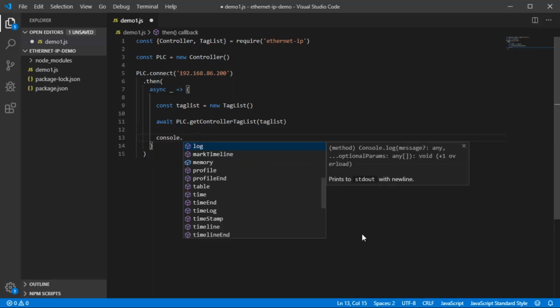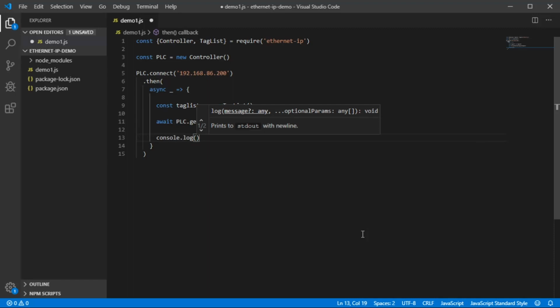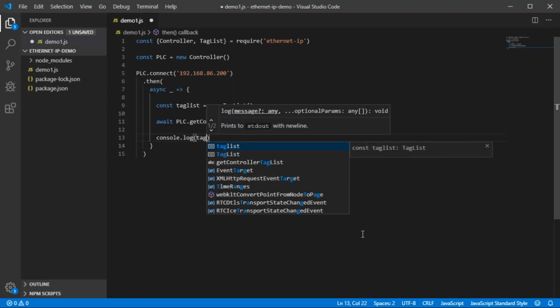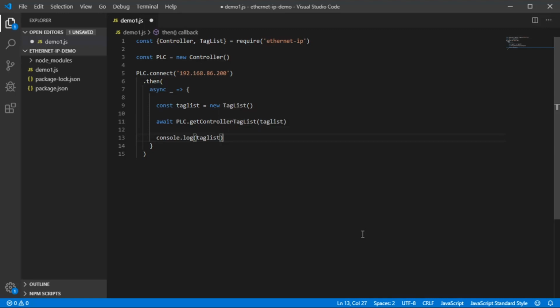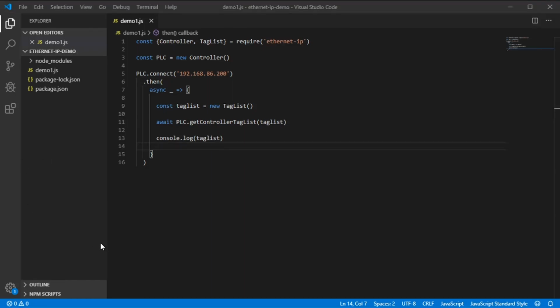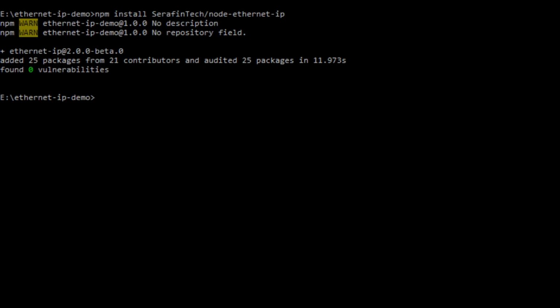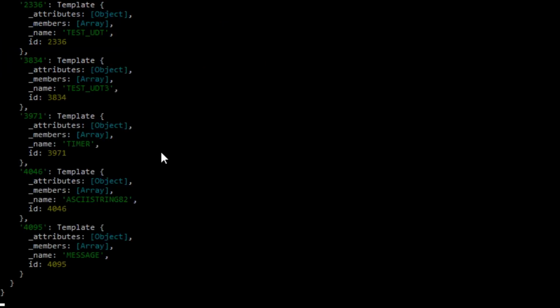Once we're done with that, take a look at what the tags are. We'll save that, and now we'll run that script. So we'll type node demo1.js. And there you can see we have